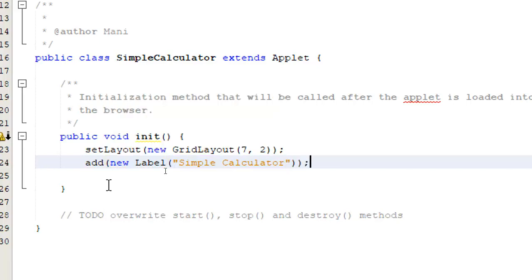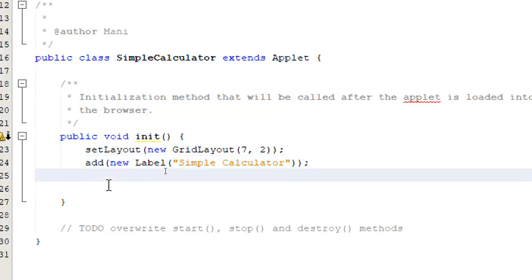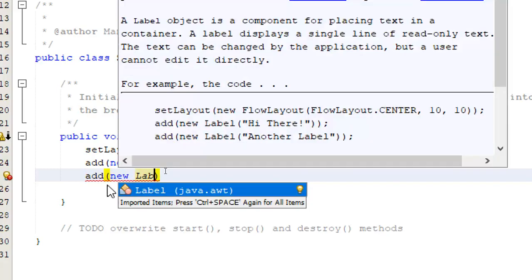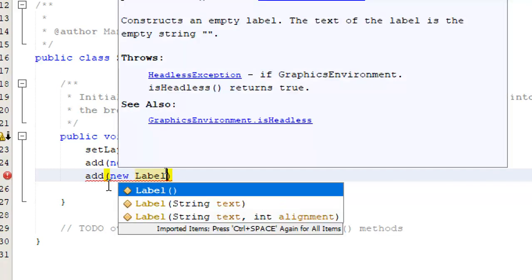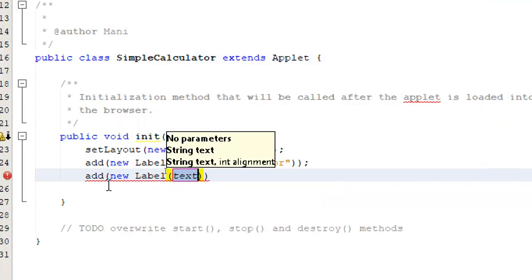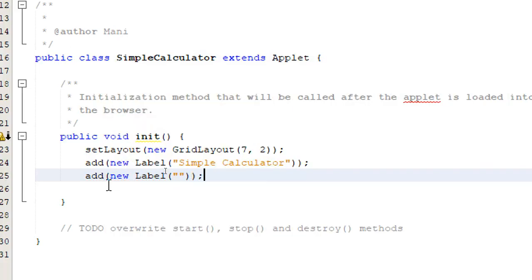So this is going to come in the first cell. In the second cell, I'm going to add a new label, and as I've told you, I will not put any text into that.